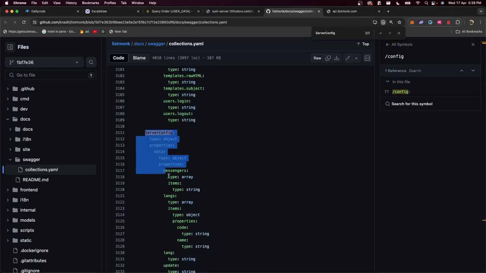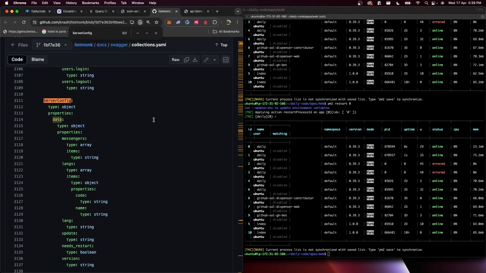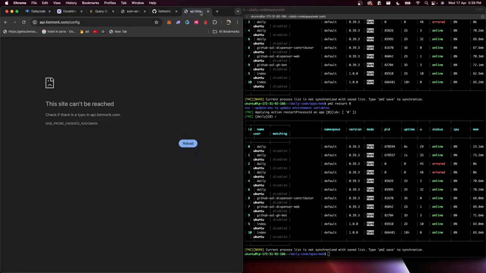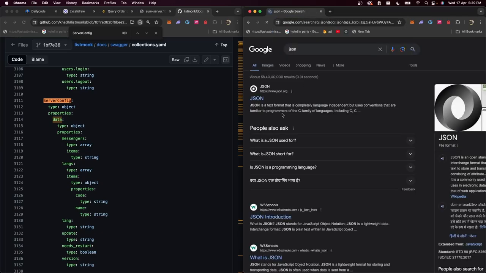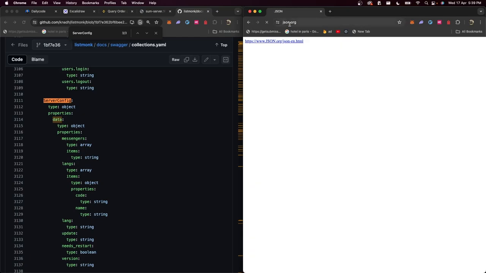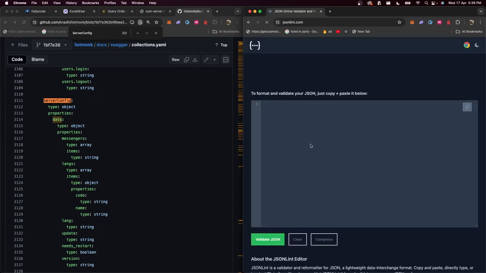Server config is described at the end. It is an object which has a property called data. So, if it looks something like this, let me open this on the side. Let me open a JSON validator, something like this. It will have a field called